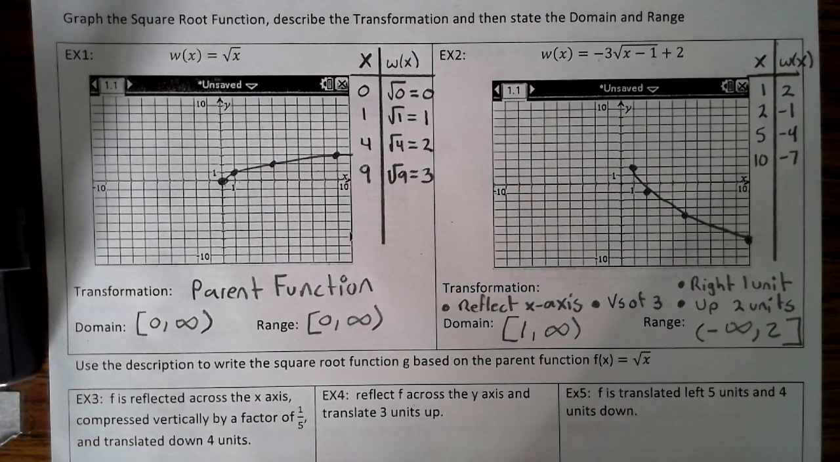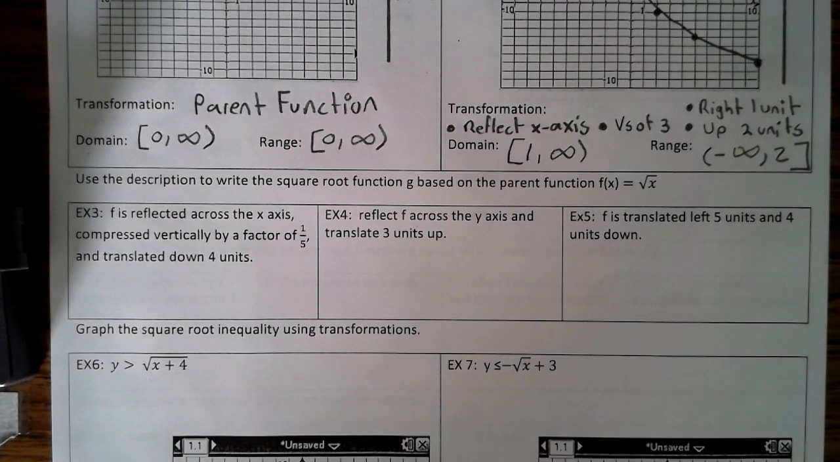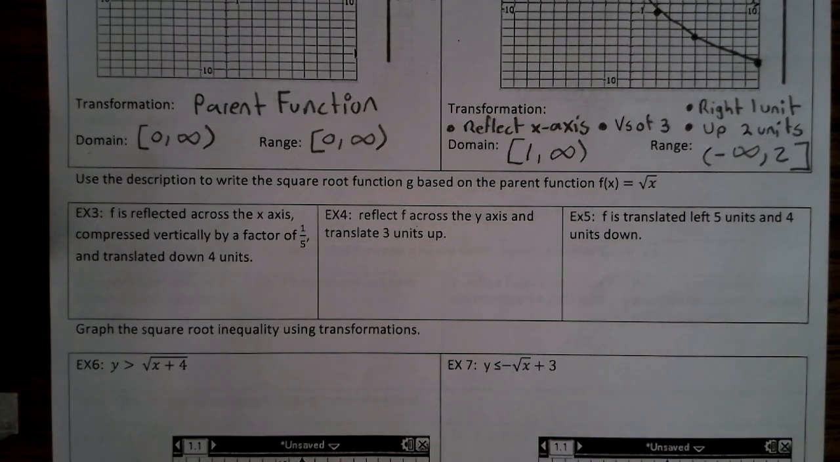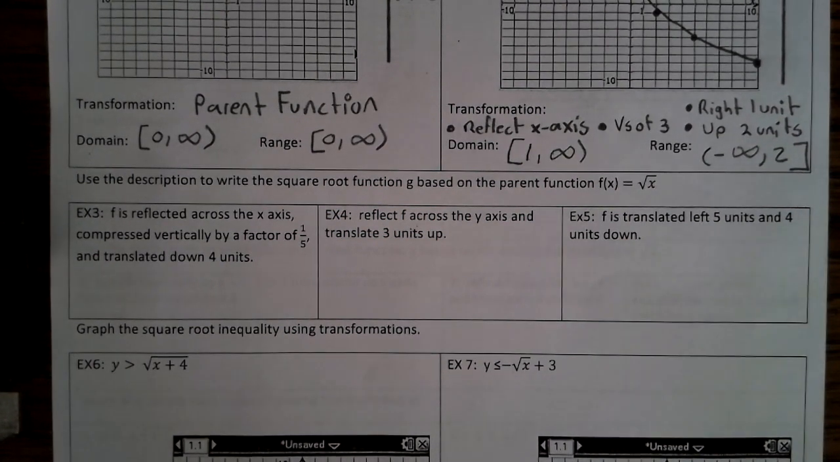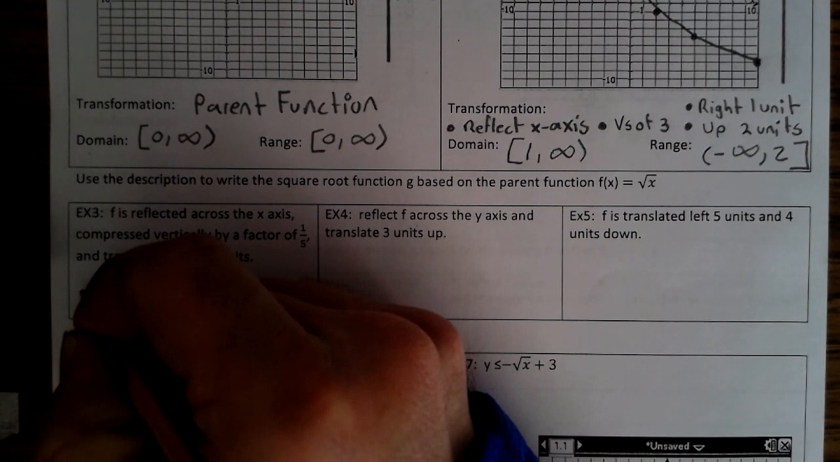All right, but enough of your time has been wasted listening to me, so let's move on to example 3. Use the description to write the square root function g based on the parent function f of x equals square root of x. Example 3. F is reflected across the x-axis, compressed vertically by a factor of 1/5, and translated down 4 units. So g of x